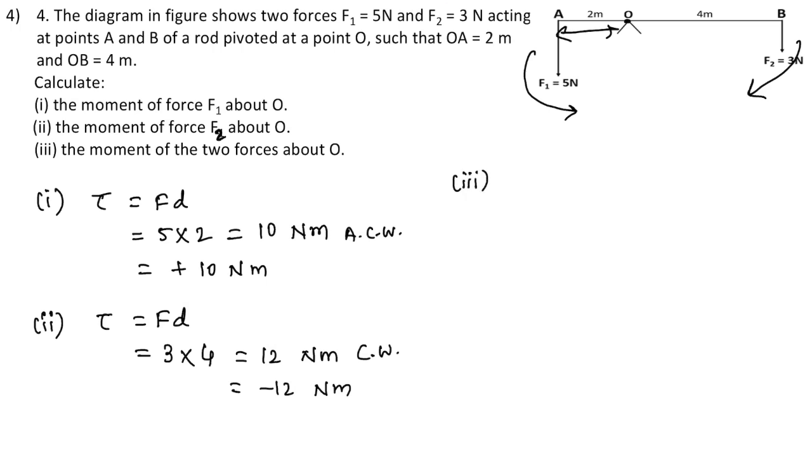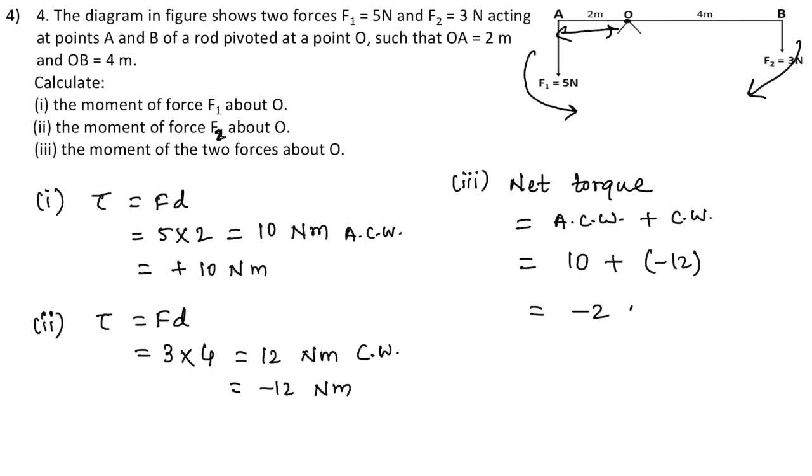In third part, we need to find out the moment of the two forces about point O, meaning we need to find out the net torque. So net torque is sum of anti-clockwise moment plus clockwise moment. Anti-clockwise moment is plus 10 and the clockwise moment is minus 12. So the resultant is minus 2 Newton meter, meaning the net moment of these two forces about point O is, we can say, 2 Newton meter